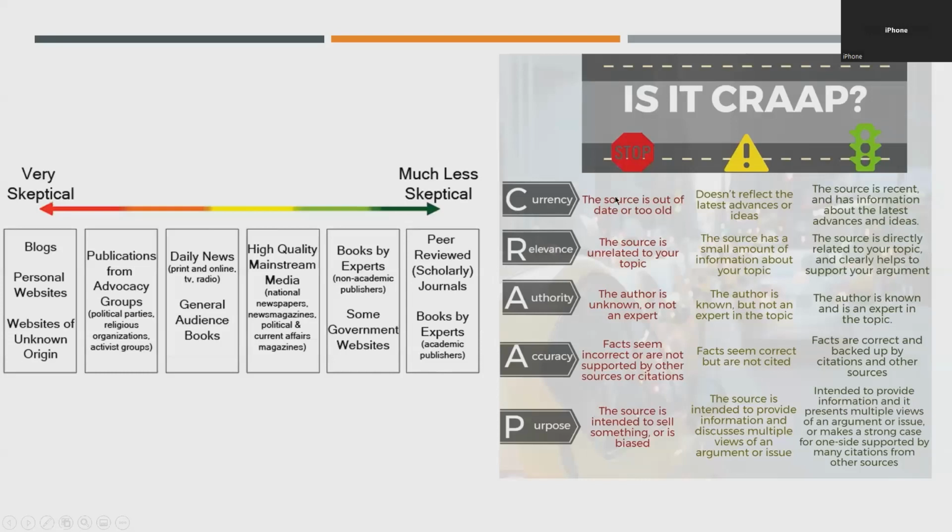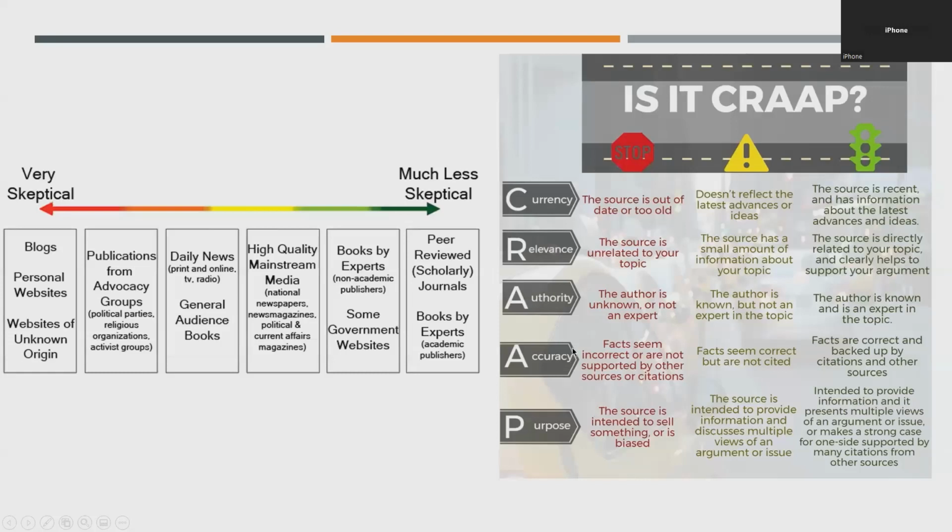Over here on the right side of the screen, and if you've taken English 200 here at Hondros, we talk about the CRAP test. CRAP stands for currency, relevance, authority, accuracy, and purpose. So currency just refers to, how recently was the source published, or is the source out of date? How relevant is the source to your topic? Is it only sort of related to what you're talking about, or does it line up exactly with what you are trying to say? The authority of the author, is the author some nobody, just someone who has a blog that they run, or is the author like a well-known expert?